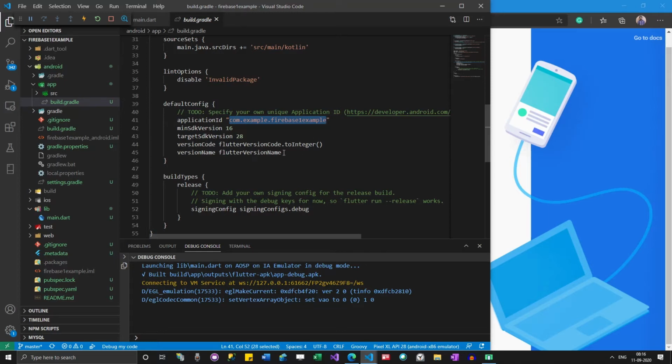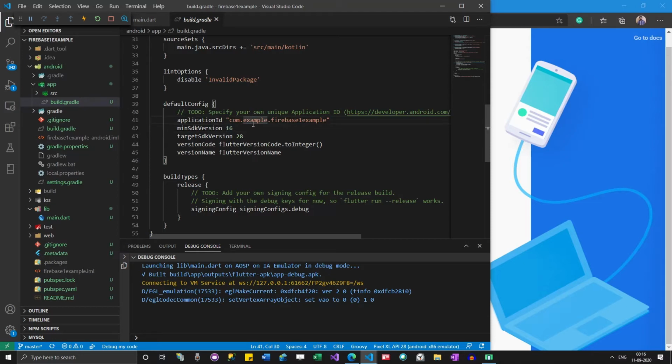When you create the same app in Android Studio, it will ask you to give a name, which might be populated by default, or you can change it. Usually it is a reverse of the domain name, so instead of firebase one example.com, it will be like com.example.firebase one example.